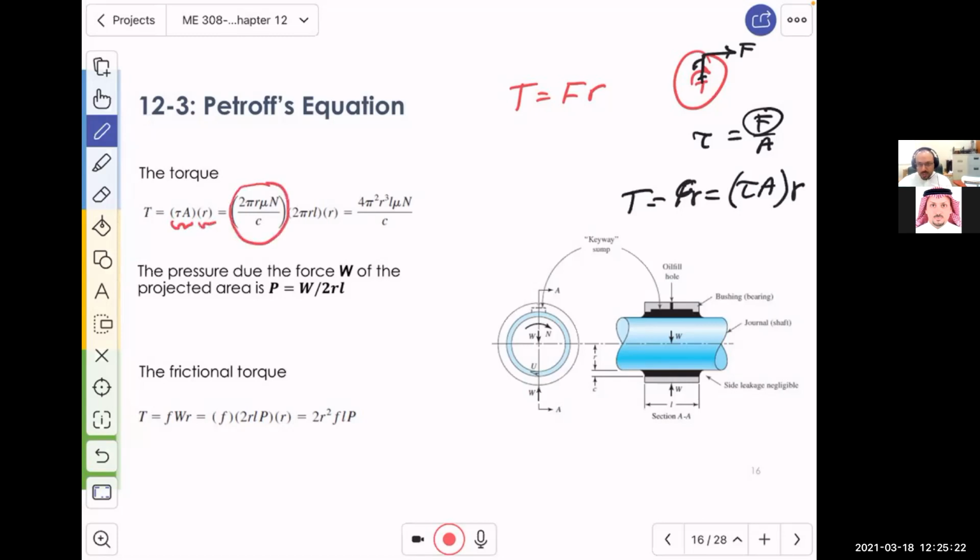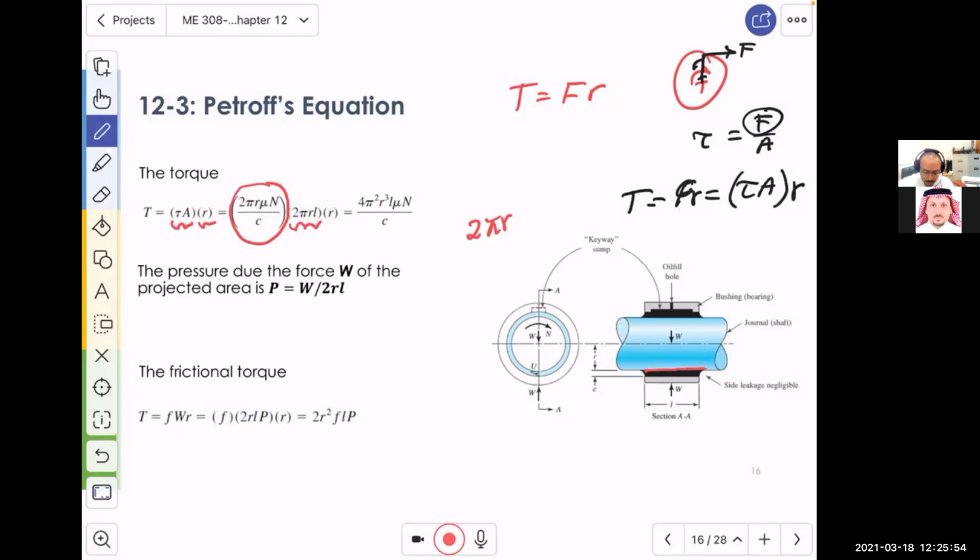Correct? Now, what is the area? The area is going to be equal to the circumference. This is like a surface area. It's going to be 2 pi R, which is the circumference, multiplied by the length. The length here is the depth, to get all of the surface area around this. Correct? So this is the area, 2 pi R